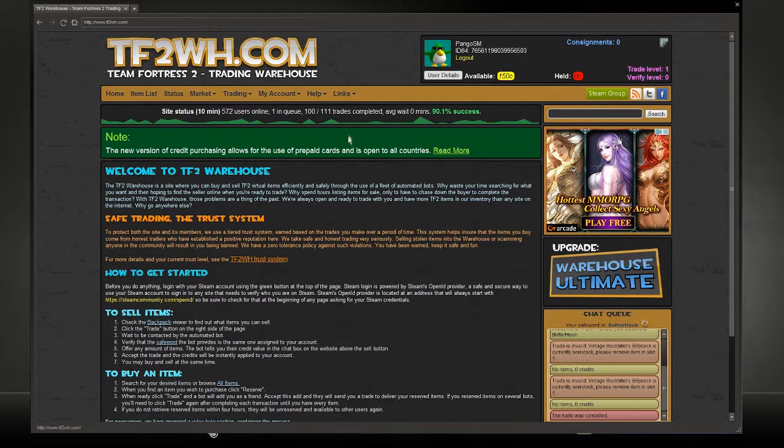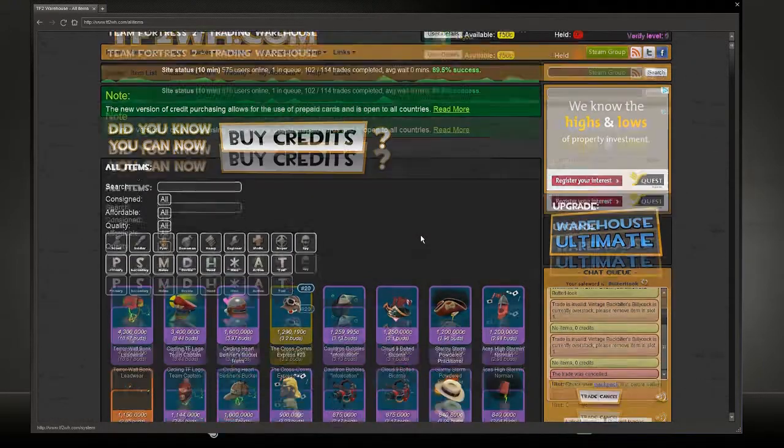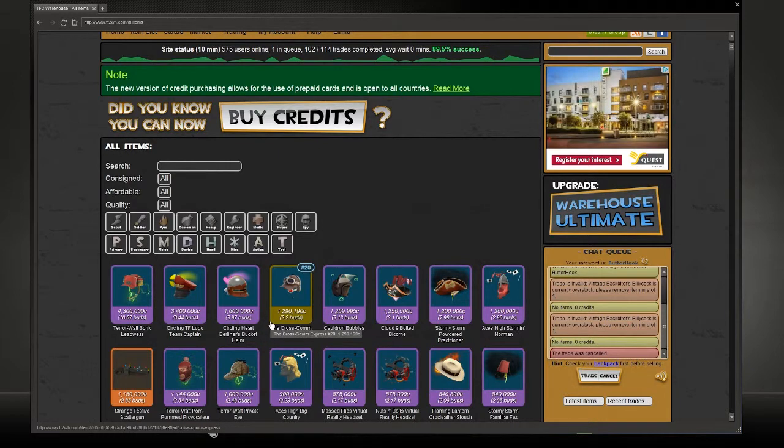So the way this works is it's pretty straightforward. You can sell items for credits, and credits allow you to buy different things. So once you've logged in, to look for items, you go to item list, and that's just up there. And once it loads, it'll come up with different things based on different amounts of credits. So as you can see here, this little scout helmet here is worth 10.67 baht, which is a lot of